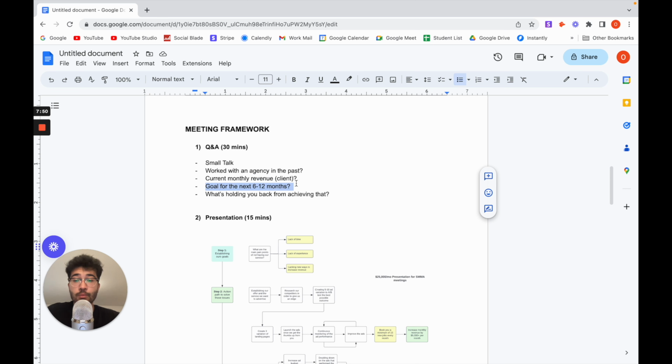This question is extremely important, okay? Very important. All right, perfect. You told me that currently you're making 20 grand per month. Do you have a specific goal in mind for the next 6 to 12 months with your business? If they say, I want to double it, then you can basically break the numbers down. All right, if it's double, so an extra 20, each client is worth $1,000.